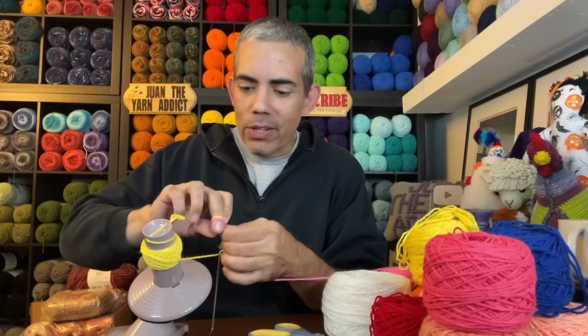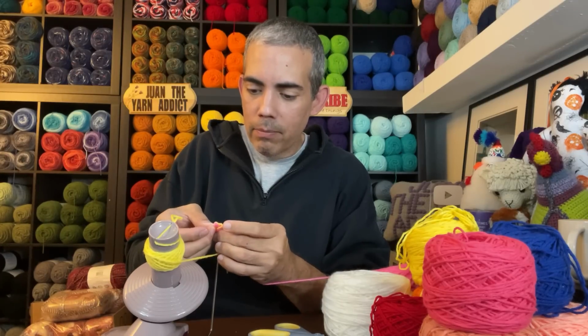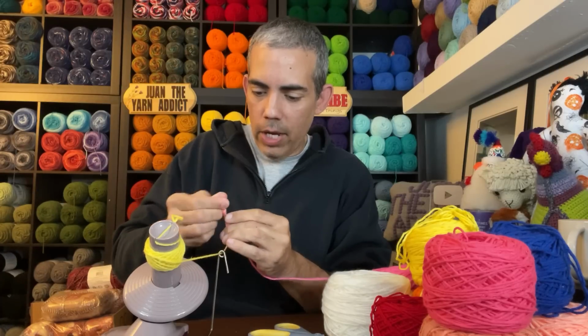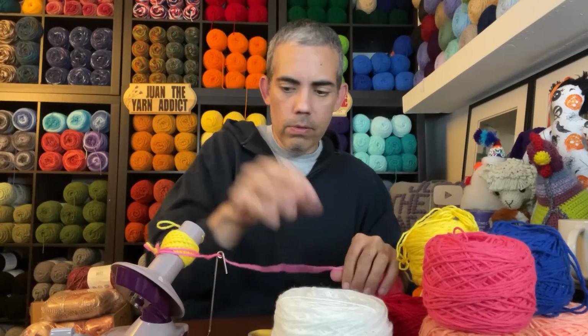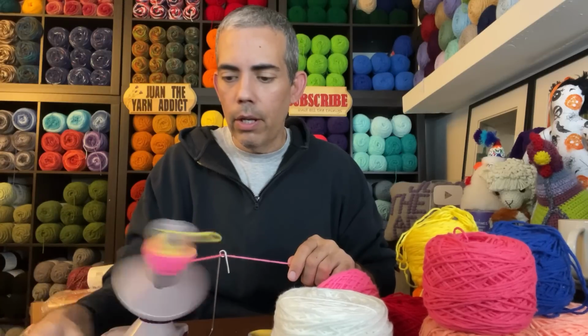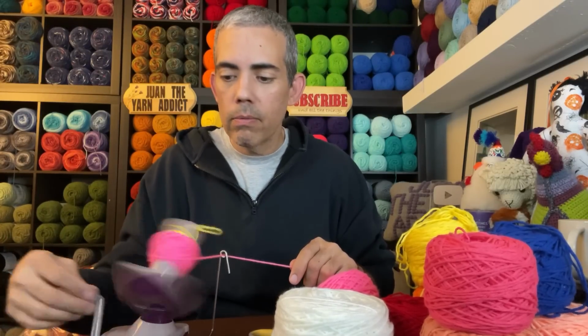For some reason, friends, I have a lot of pink. Now, this pink came to me from a dear friend of the channel. So I'm using as much of it up as possible for giveaways, of course, replay giveaways, and I have a potiversary coming up I'm making cakes for. So